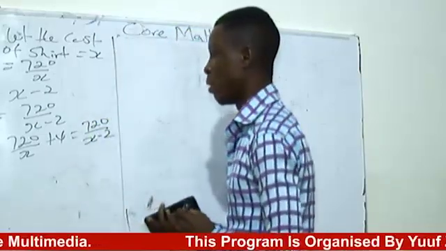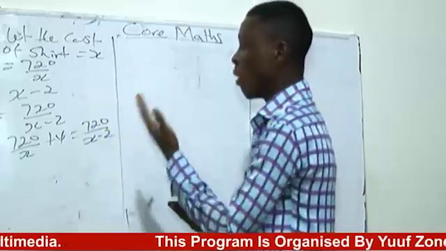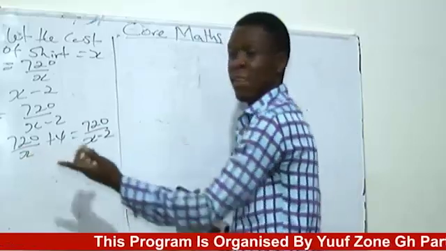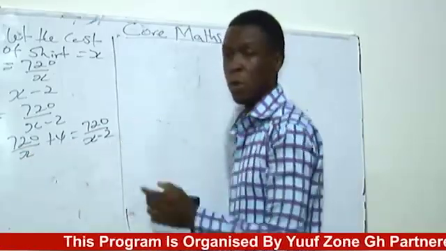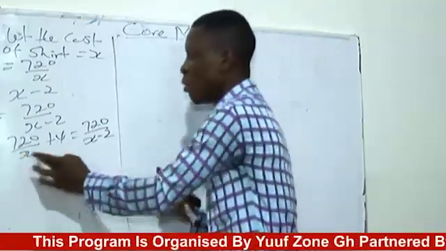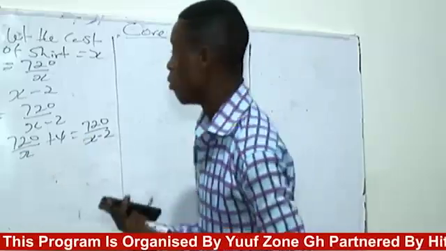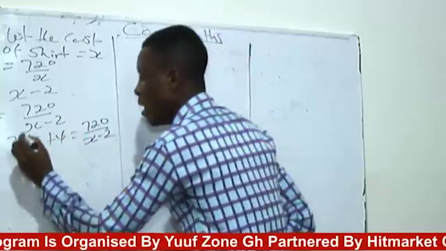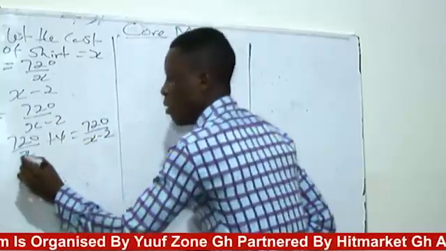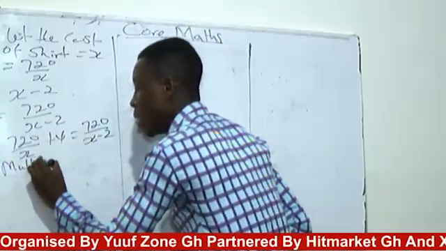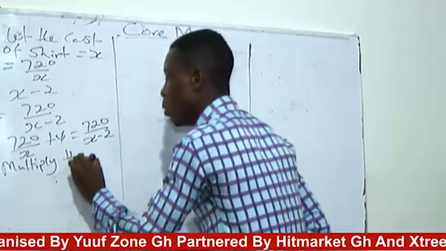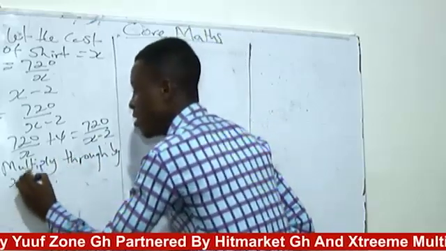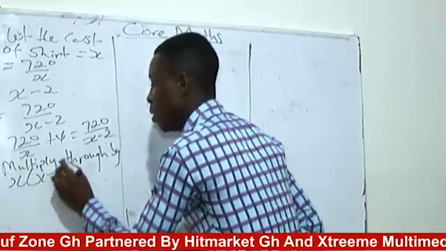This is what we are talking about over here. So now we are going to solve this. Now when you look at this, what are you going to do? We have s here as a denominator, we have s minus 2 as a denominator. So we are going to take them as our LCM. So you multiply through by this, by s, then s minus 2.